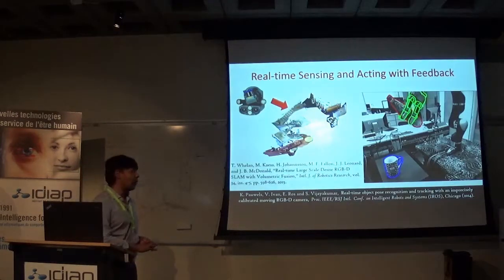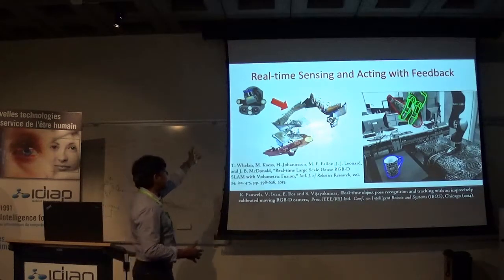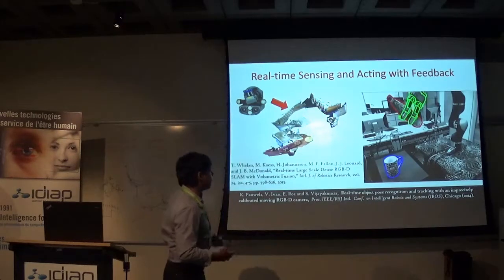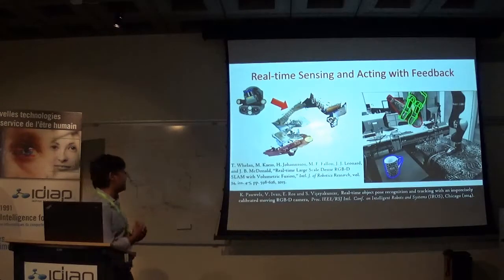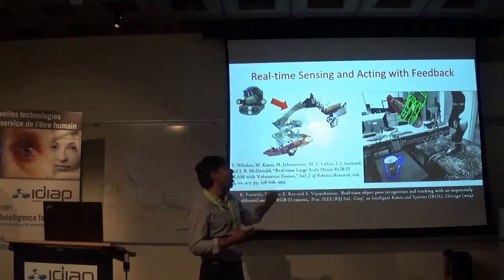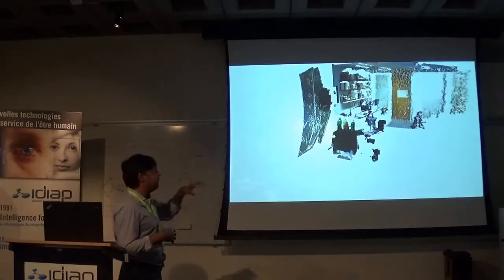You've seen a lot of work from Oxford, including Morris's work on taking multiple sensors and creating a whole body map of the world around it to localize and create a sense out of it. We've done some work on real-time sensing. So for example, going from very